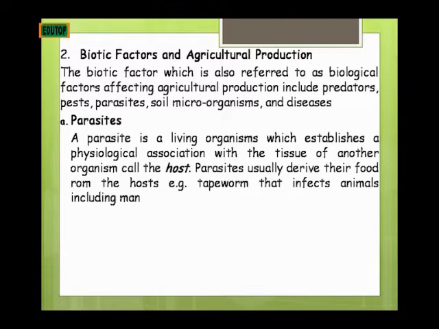Now we'll be going to the second aspect, which is the biotic factors and agricultural production. The biotic factors, which are also referred to as the biological factors affecting agricultural production, include predators, pests, parasites, micro-organisms, and diseases. Now we'll be looking at the first one, which is parasites. A parasite is a living organism which establishes a physiological association with the tissue of another organism called the host. Parasites usually derive their food from the